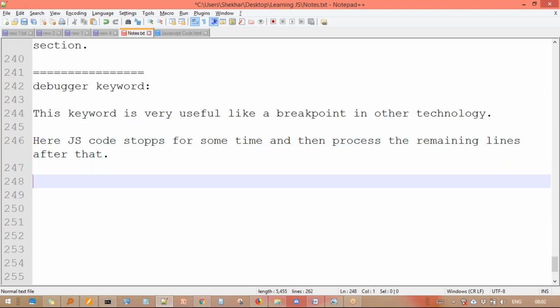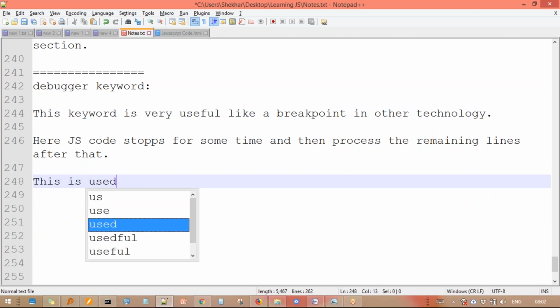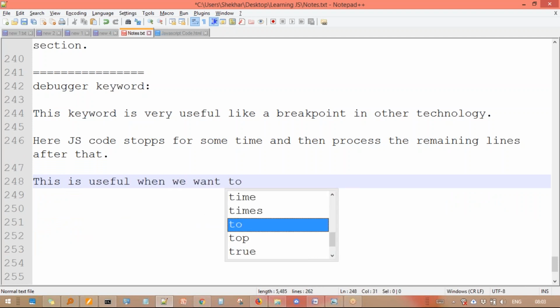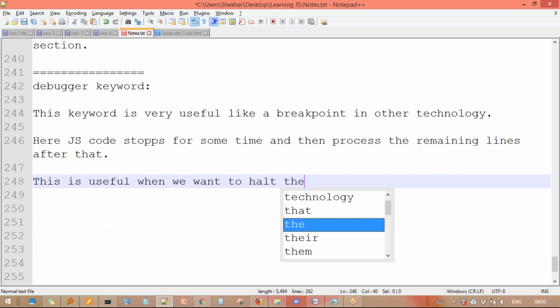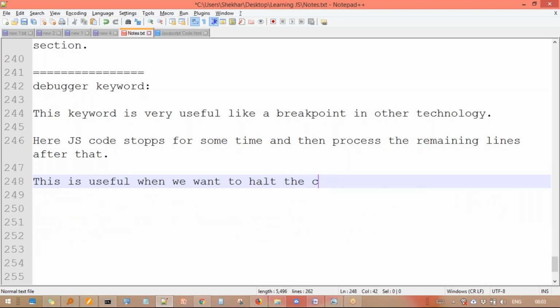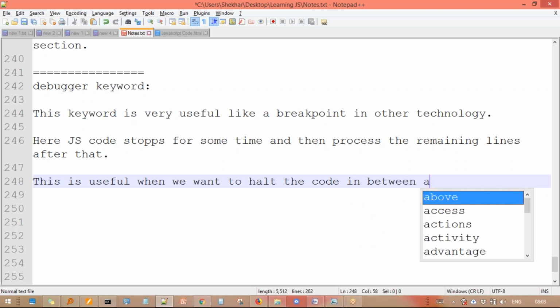This is useful when we want to halt the code in between and analyze